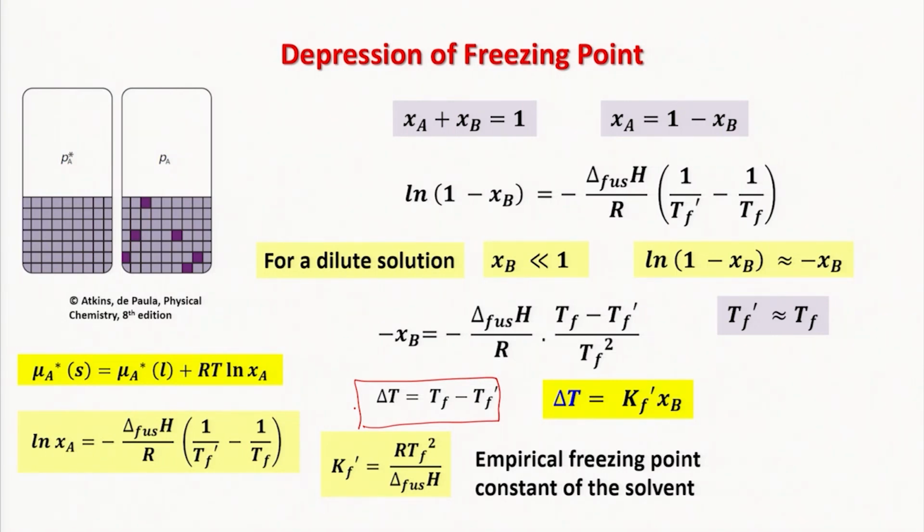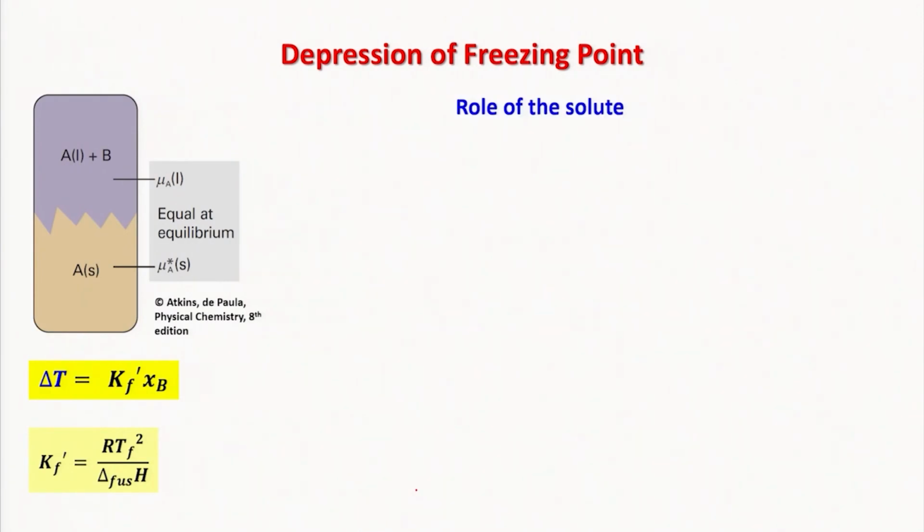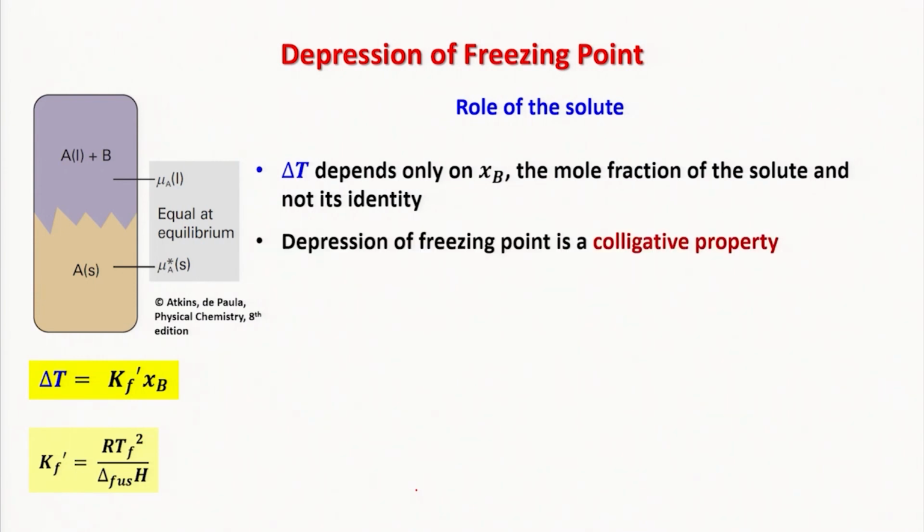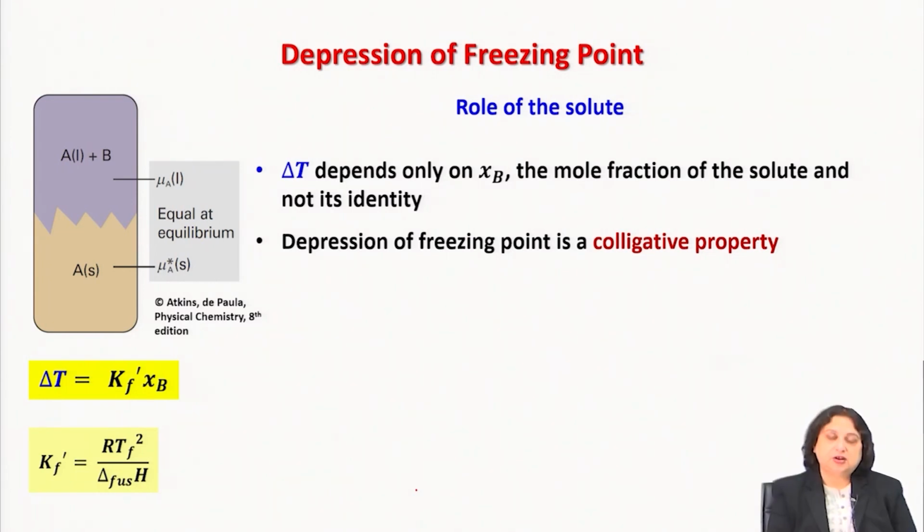As you see, here it depends on delta H fusion for the pure solvent A. And once again, the delta T, the depression of freezing point that I see here, depends only on the mole fraction of the solute. It doesn't depend on its identity,